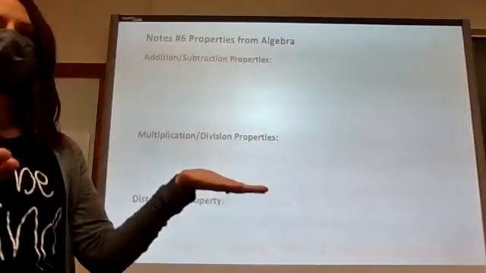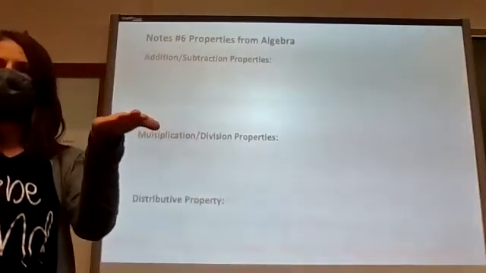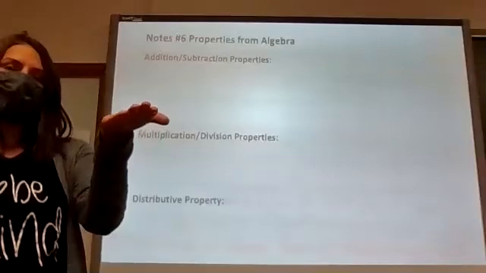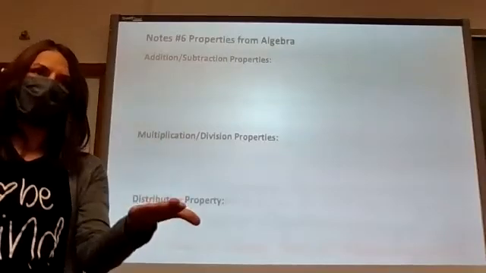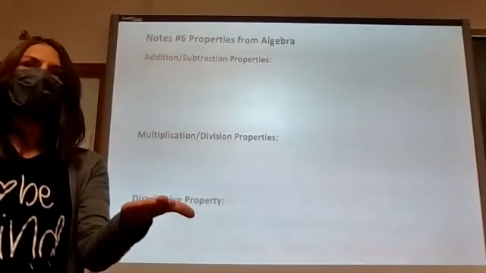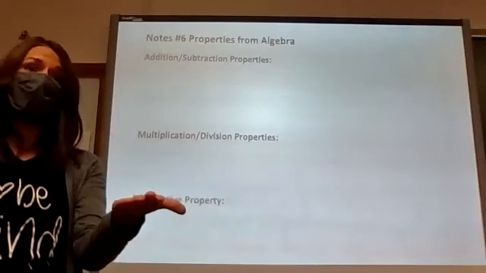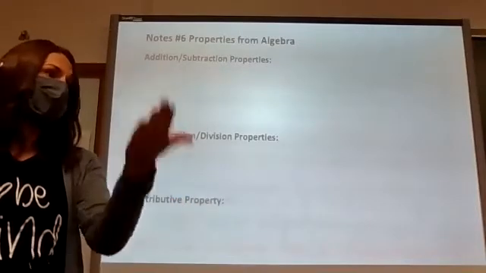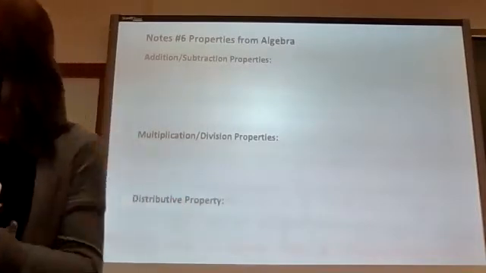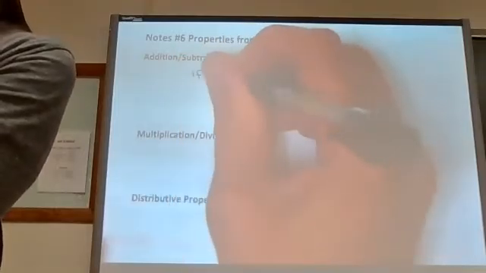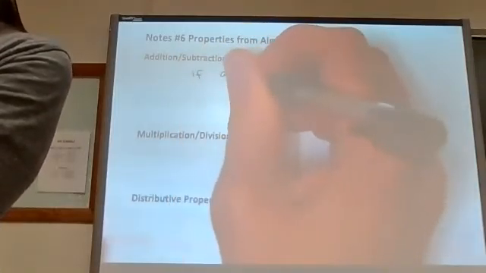If you think of the balance beam, remember when you learned equations, you probably talked about balancing the equation. If I add 5 over here, I need to add 5 over here to keep it equal. When we do that in geometry, it looks a little different, but like in algebra, I'm solving an equation. So if I add 5 here, I have to add 5 here. So my addition and subtraction properties, I'm going to write it in the way we will use it when we get to geometry: if A equals B